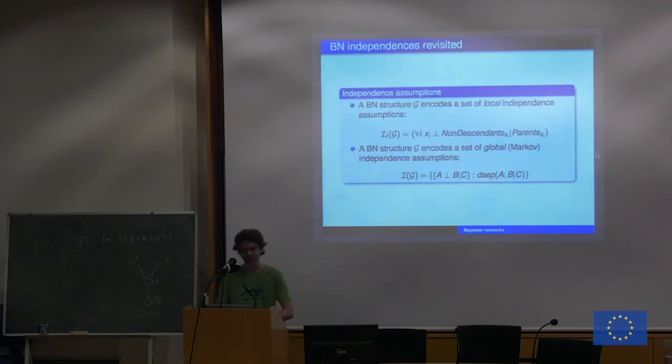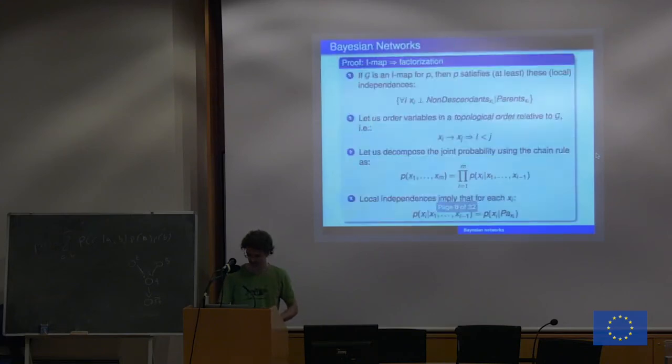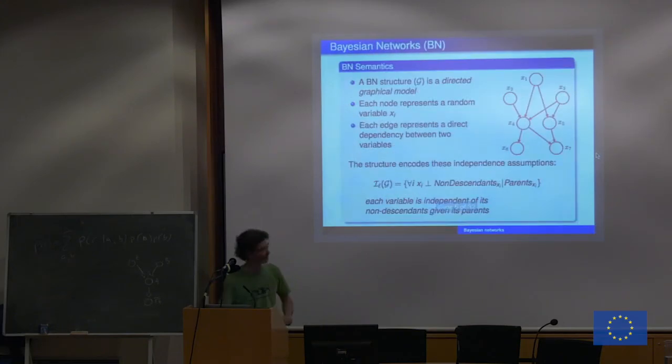Now, independency revisited. I said that a Bayesian network structure encodes local independencies. Each node is independent of its non-descendants given the parents. And now, if we go back to the initial question that we had, here,